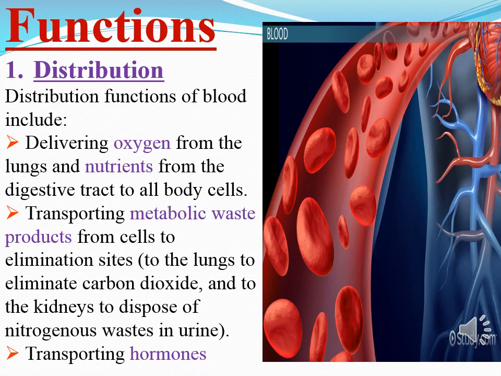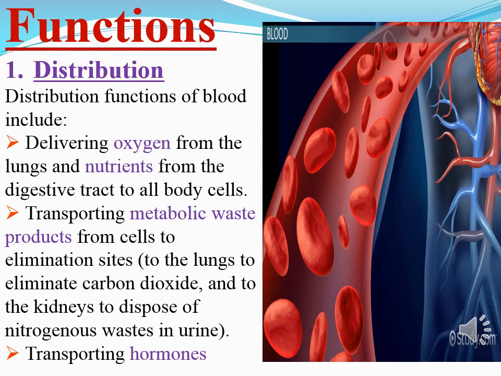What are the functions of this moving tissue? What are the functions of the blood? First, distribution. The distribution functions of blood include delivering oxygen from the lungs and nutrients from the digestive tract to all body cells. Then transporting metabolic waste products from cells to elimination sites, to the lungs to eliminate carbon dioxide, and to the kidneys to dispose of nitrogenous